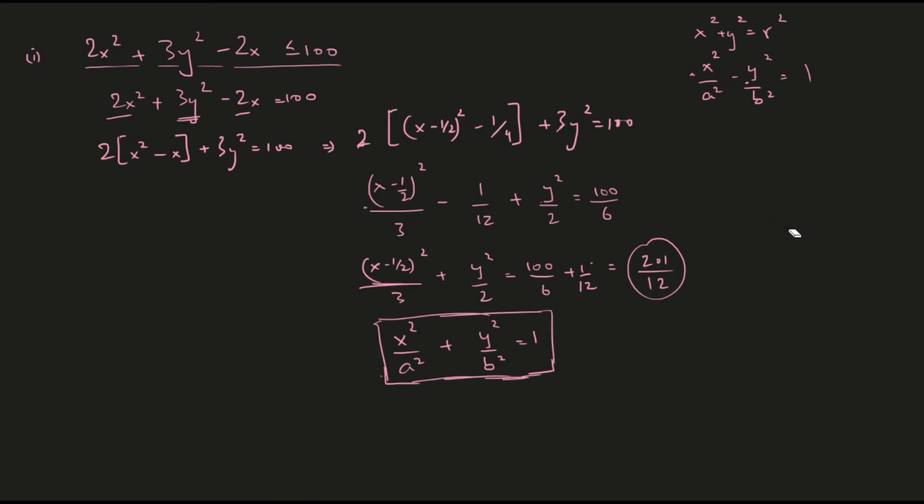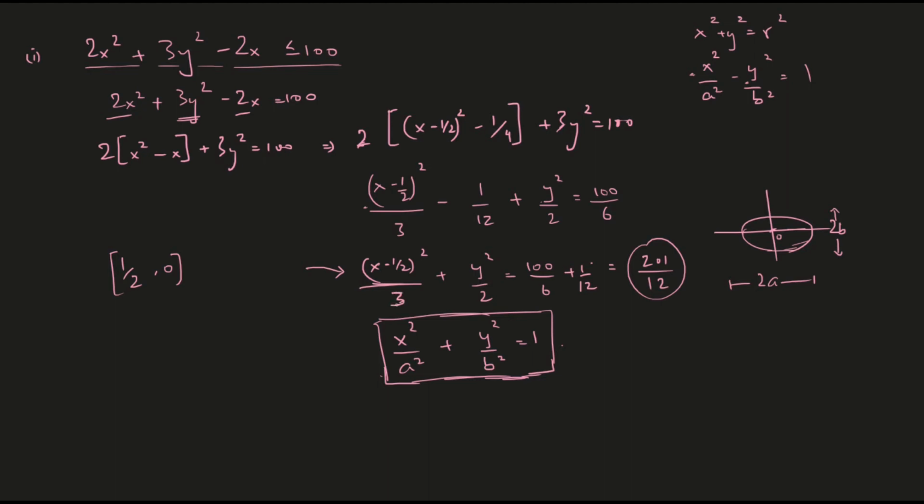Pardon my drawing, but sometimes I suck at it. Okay, so the major axis has a length of 2a and the minor axis has a length of 2b. And the center of the ellipse is at the origin. So this is the equation for an ellipse. Now this here also looks like an equation for an ellipse, except that we have a minus half here. That just shifts the origin to half, comma 0. So this is the origin for our ellipse.